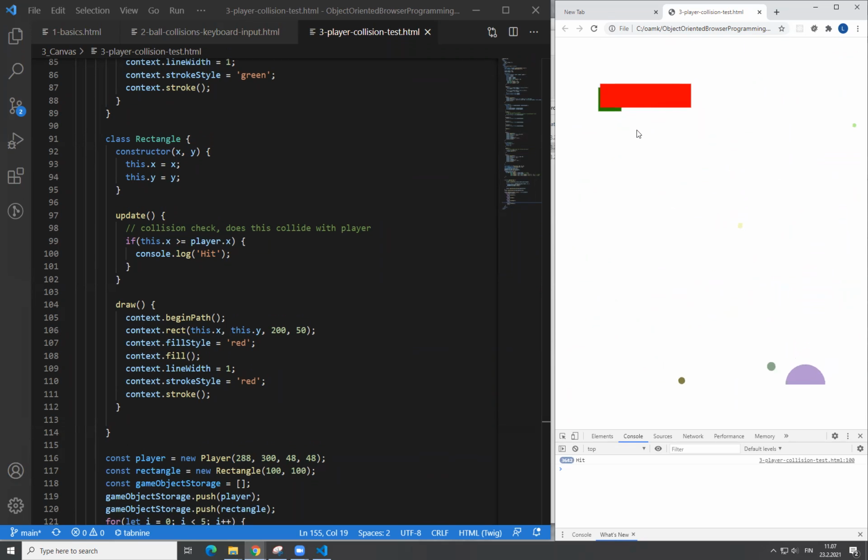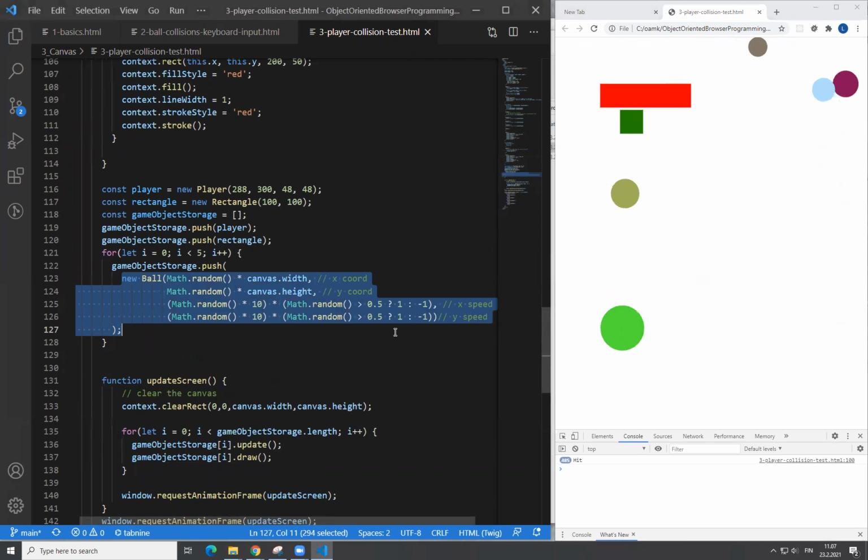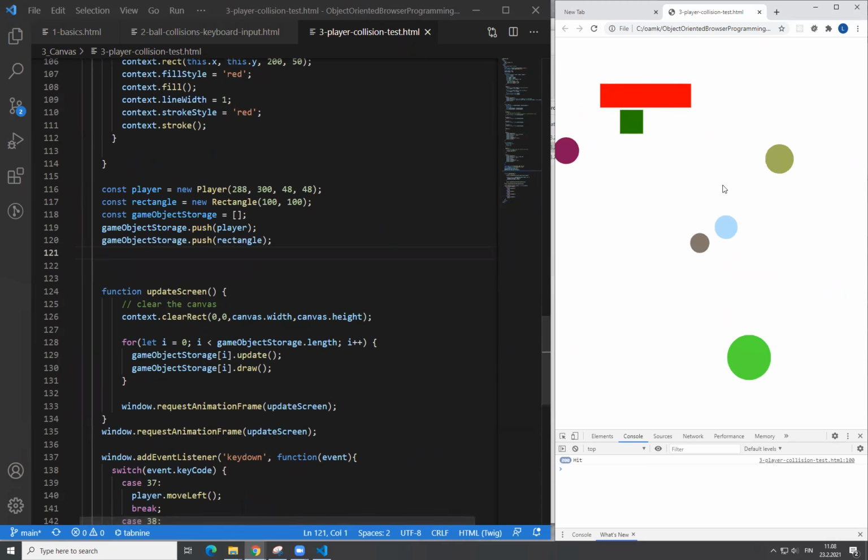Of course, this is not what we want to do. It would be opposite ways, right? We should know that now it should be detecting a hit, and not now. So this is vice versa. So now it is detecting a hit. I'm going to delete these balls here as well. We don't need these. We are just making this uglier. Okay, so now we can see that it is detecting hit,